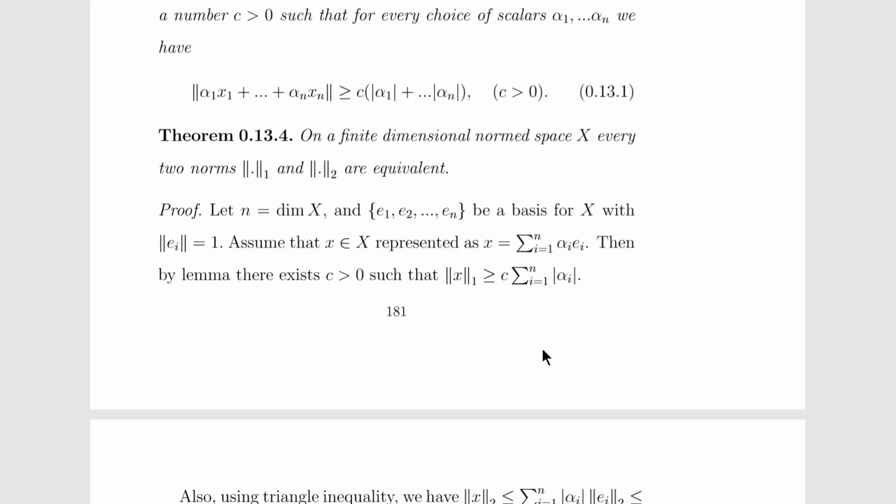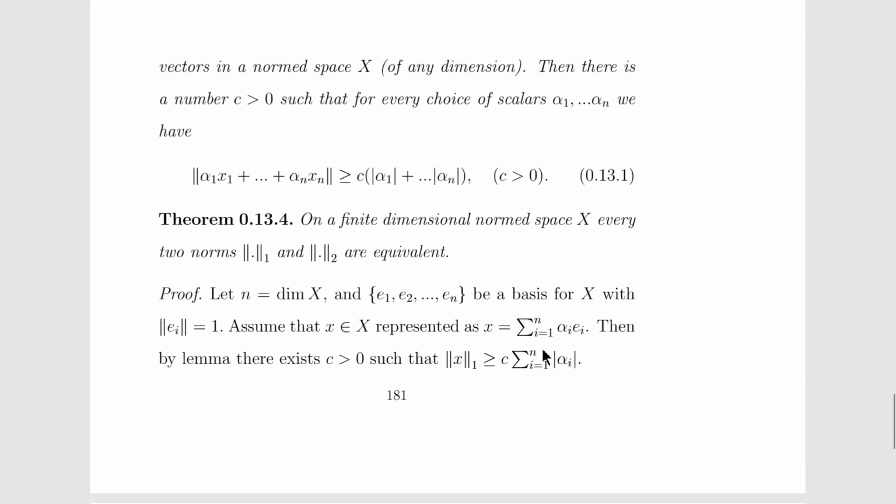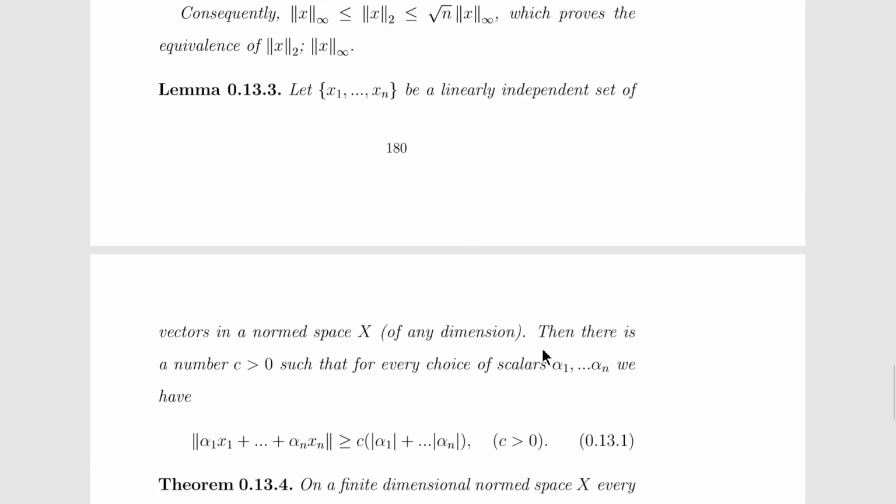So let X be of dimension n, which is finite, and say that e1, e2, so on en be a basis for X with the norm of ei equal to 1. Assume that x belongs to X is represented as x equal to the summation of alpha i ei. Then by using the lemma we have already discussed in our previous lectures,